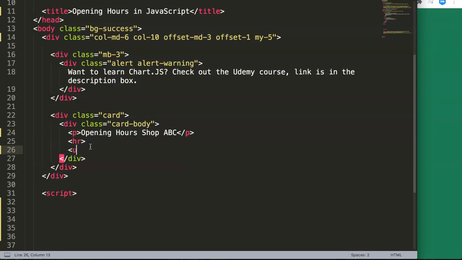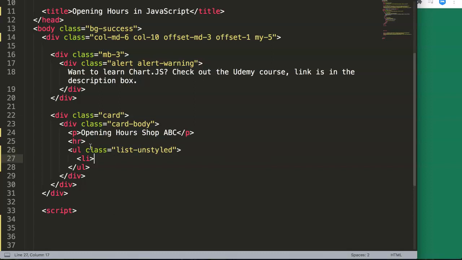I'm going to create an unordered list, and in this unordered list, we have a list item. Because this is Bootstrap 5.0, I'm going to use a Bootstrap 5.0 class. So we say class list-unstyled. And then in here we have the closing tag. All right. And here we can say day, we can say Monday,